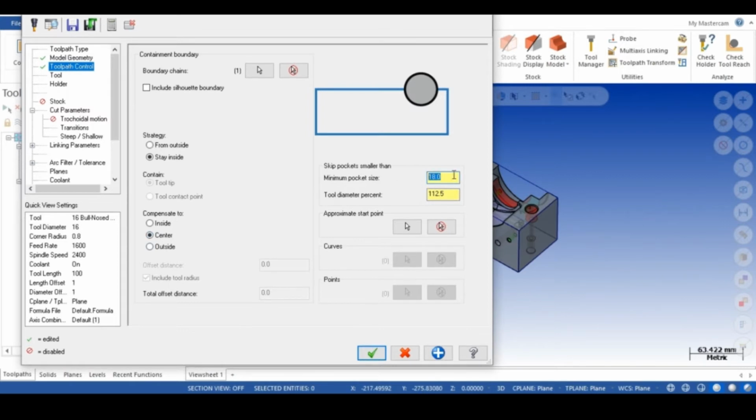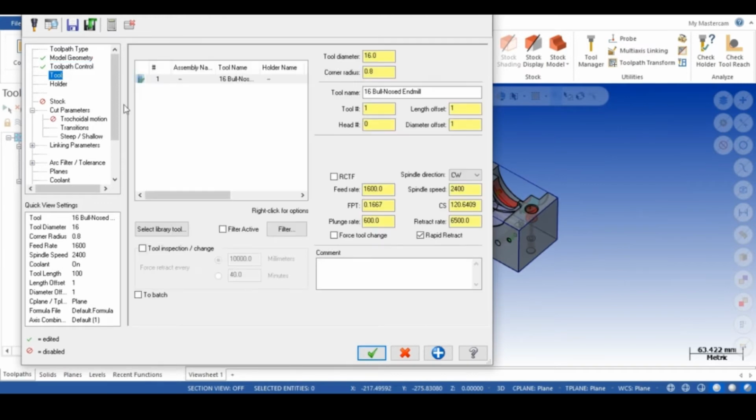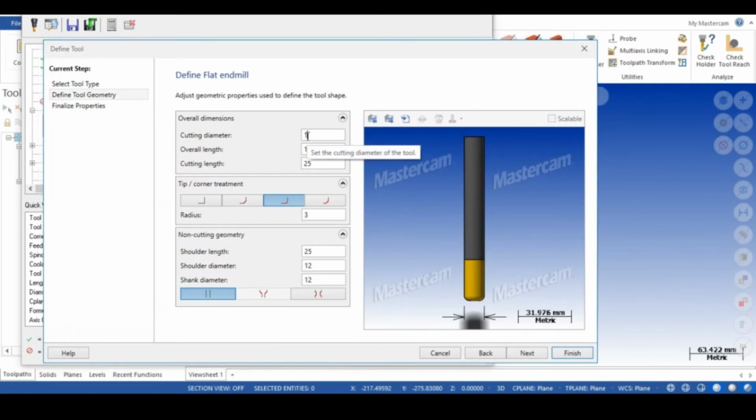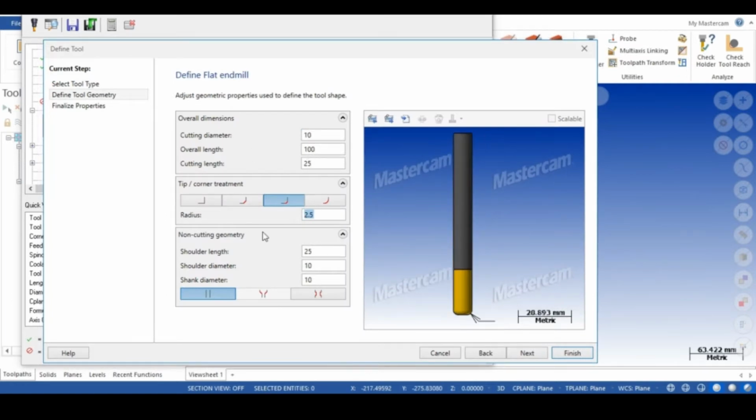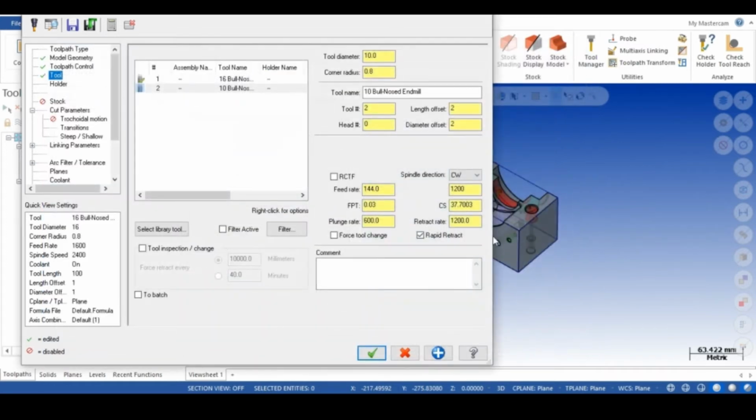Here you can keep the limitation to reach the tool. Now I am going to use a 10 cutter, so 11 is the restriction area I have mentioned. Right click, create a tool, 10 diameter, R will be 0.8 finish. The parameters I am going to write down directly here. The parameters will be 2800 rpm, feed rate 1200, and the plunge 400.